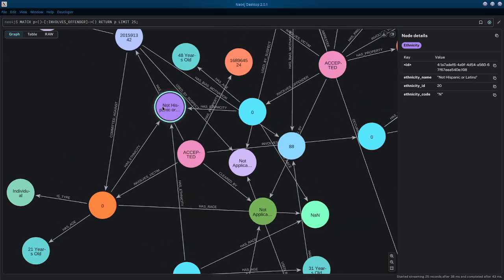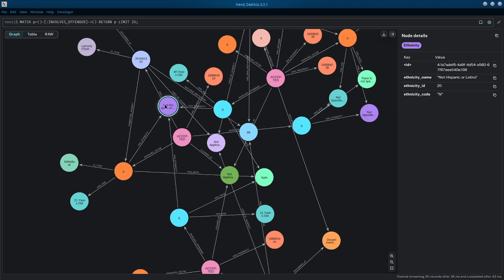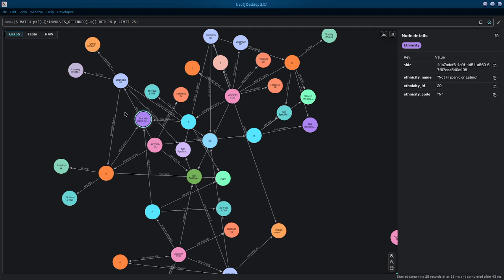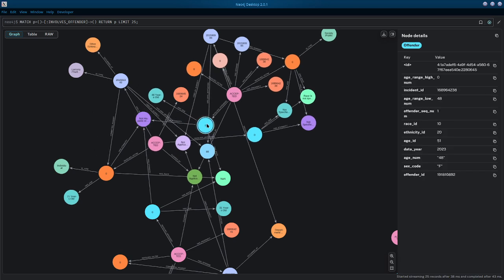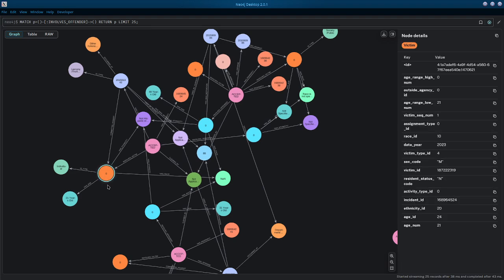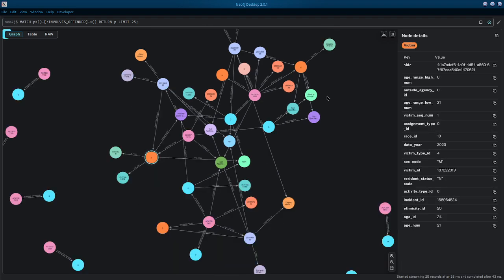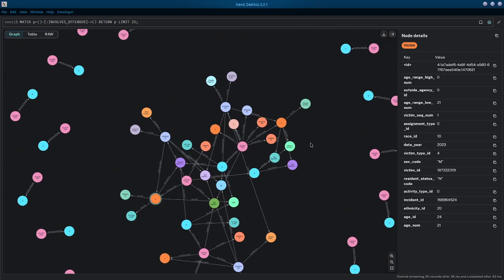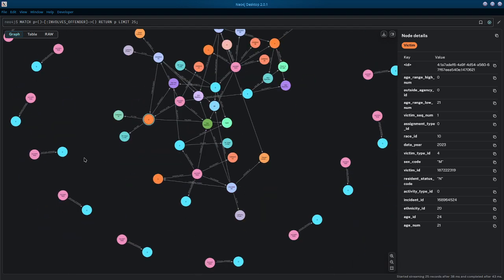So we can check which kind of victims are highly affected based on their ethnicity, and we can also find which ethnic group is highly represented, whether we are looking for the offenders or the victim. Now this is just a 2D visualization from the Neo4j query tool inside Neo4j,